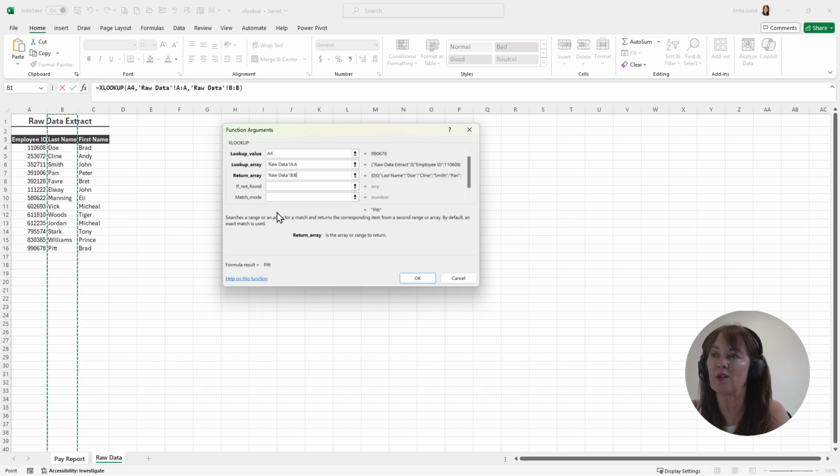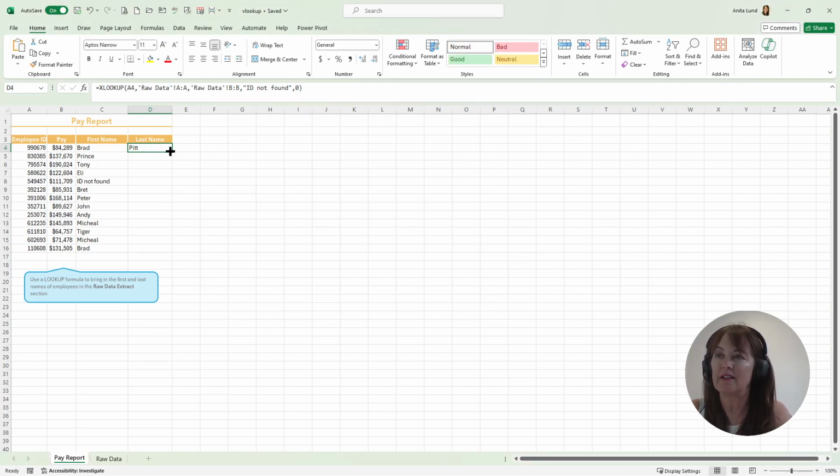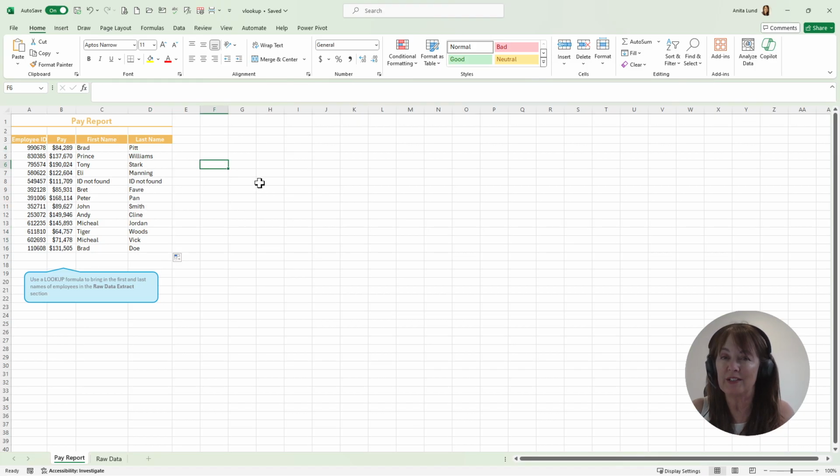So I'm going to highlight column B. If not found, ID not found, and then match mode. Again, it's an exact match. So I'm going to put a 0 in there. And copy that down. So that's two different ways that you can have Excel do an XLOOKUP, either with the